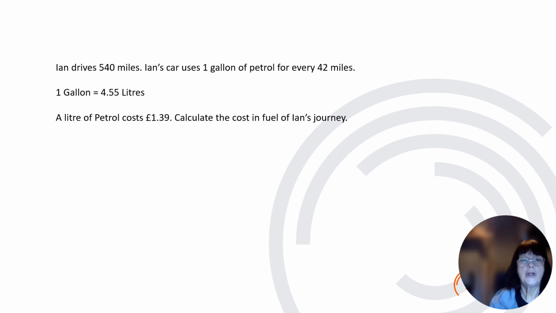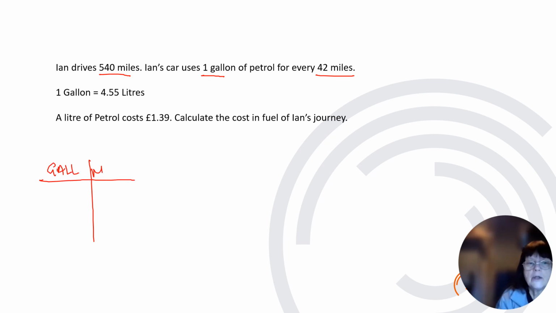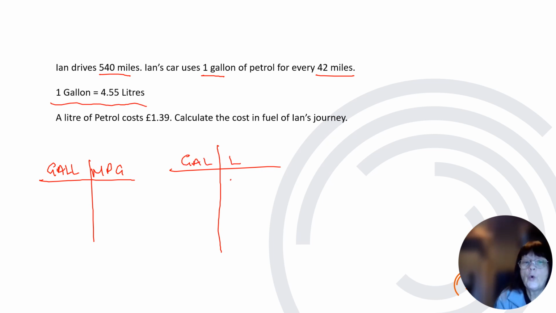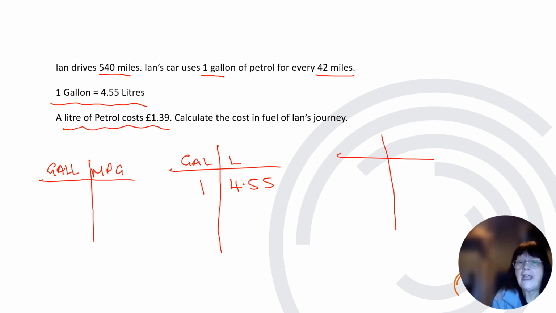So how did you get on? Well, let's have a look. So Ian drives 540 miles, and what we know is that Ian's car uses 1 gallon for every 42 miles. So let's just pop this down. This is what we know. Okay, so gallons to miles per gallon, if you like. Okay, so we also know that 1 gallon, so gallons to litres, is worth 4.55 litres. Now, we also know that a litre of petrol, so litre and costs, so 1 litre of petrol costs